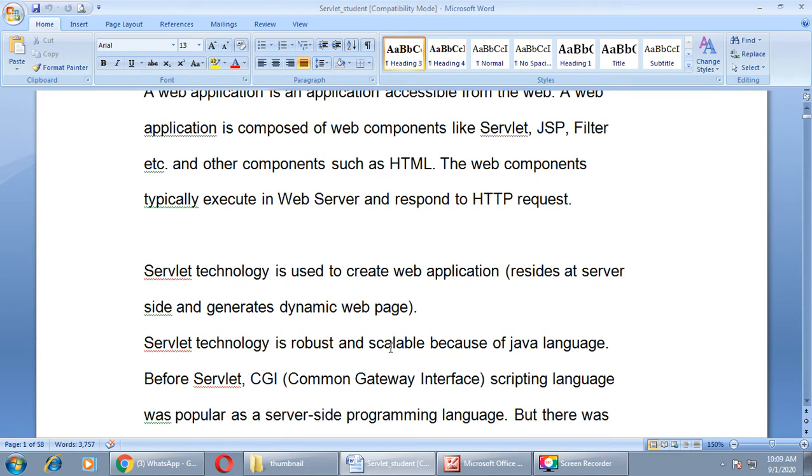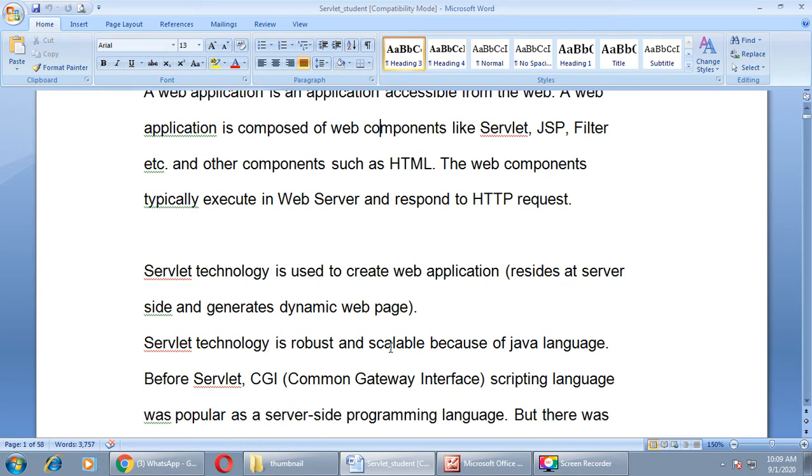Servlet technology is robust and scalable because of the Java language. We all are aware that Java language is robust and scalable. So these two advantages are available with servlet technology also.